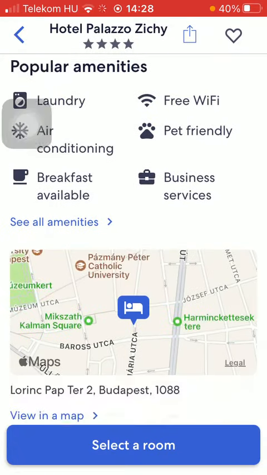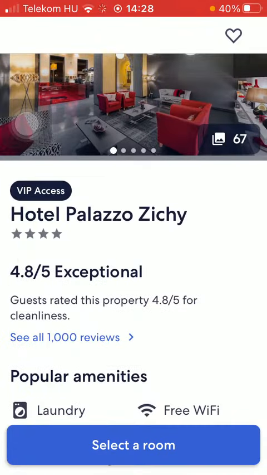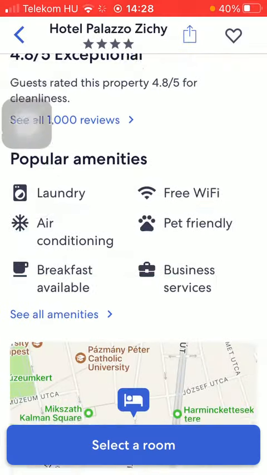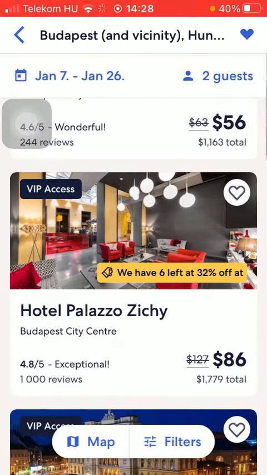Here you can find details. If you want to, you can select a room and add it to your favorites by tapping on the heart icon in the upper left corner of the screen by creating a new trip. So that's how you can search for stays on